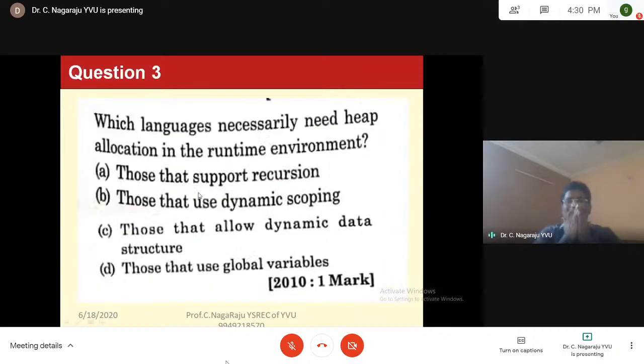Next, third question. Which languages necessarily need heap allocation in the runtime environment? I think we have already studied the heap memory. Heap sorting. Heap means unused memory. Generally,